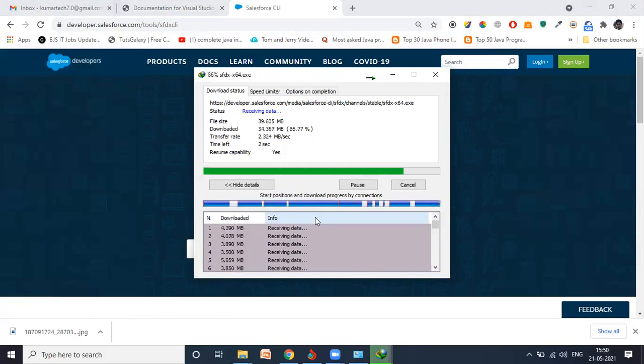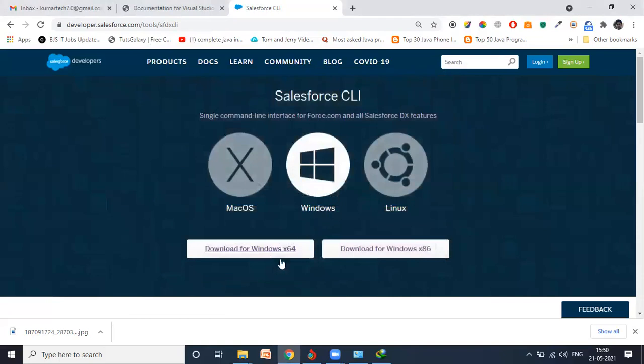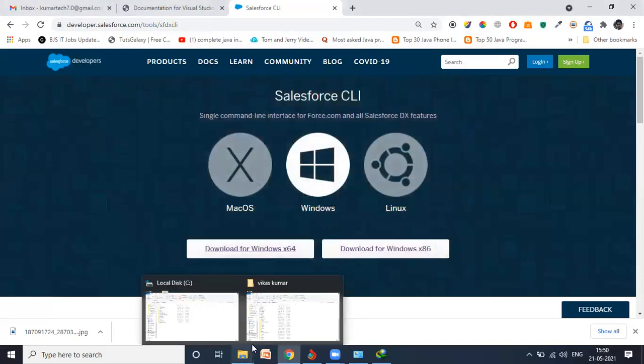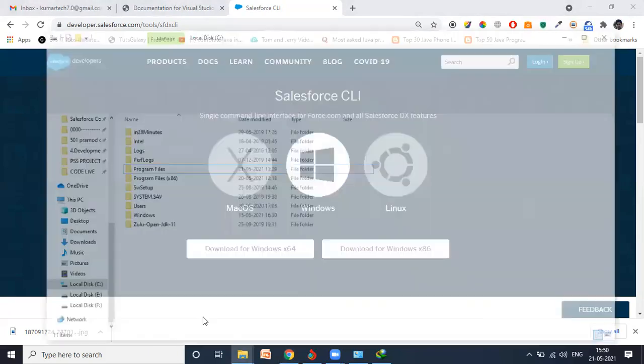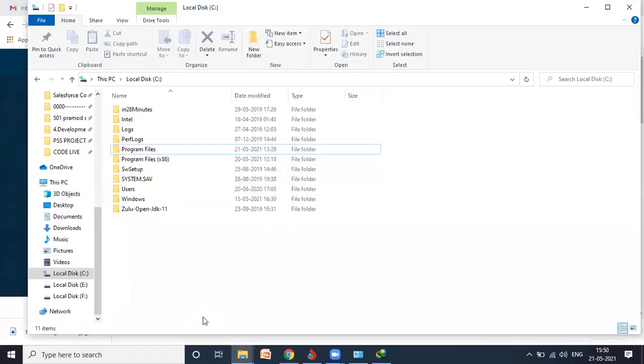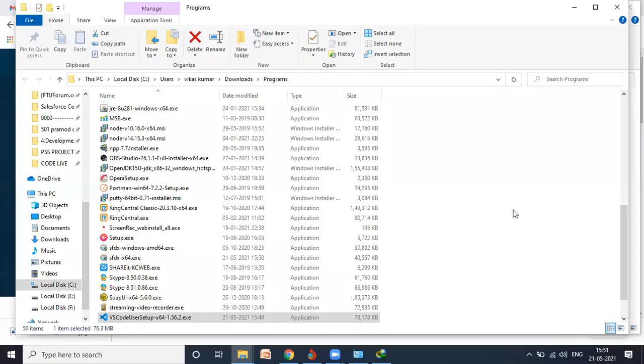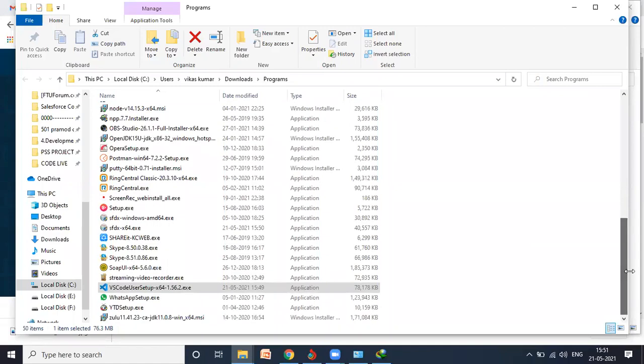So for that, now let me go for the folder. So yes, done. So here, this is a folder. So it's already downloaded in my system.